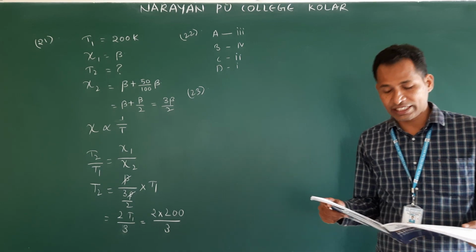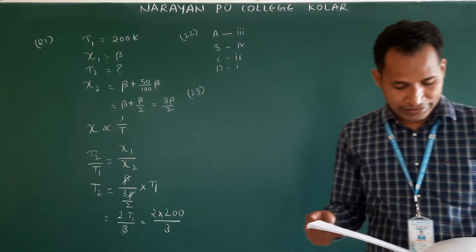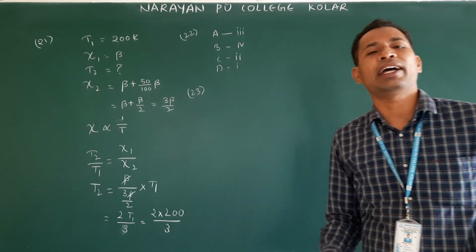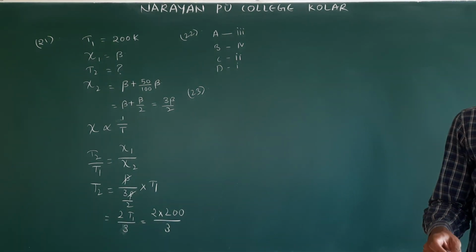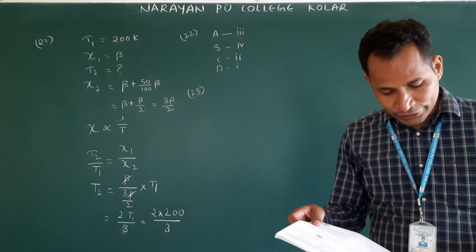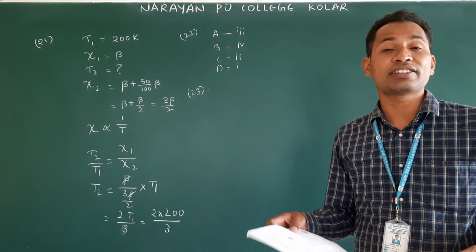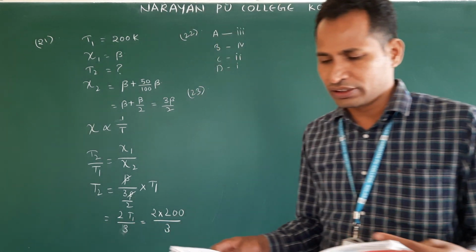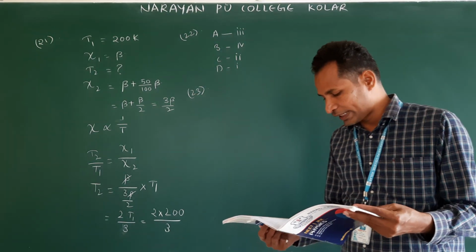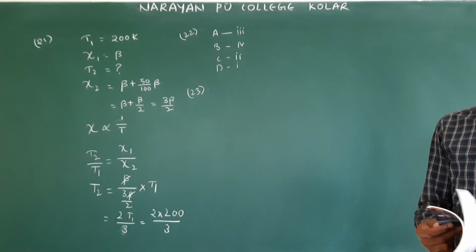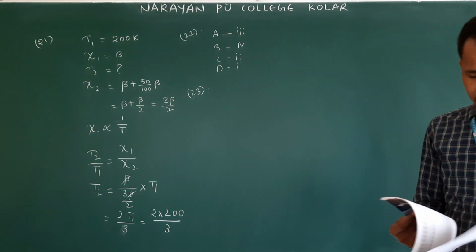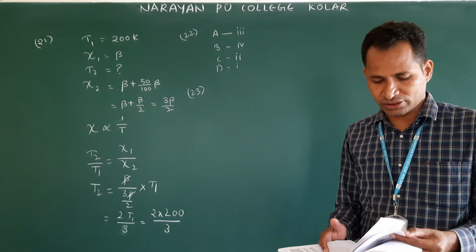Again, in 24th also they are asking for the wrong statement, not correct. What did they mention? Steel is used for permanent magnets. For a permanent magnet the hysteresis loop area is more. But what did they give in the option? Area of hysteresis loop is less. So that is the wrong statement. From 25th onwards, questions are related to electromagnetic induction. Once we complete electromagnetic induction, we will have a discussion on this. Next, we will see the previously asked questions.